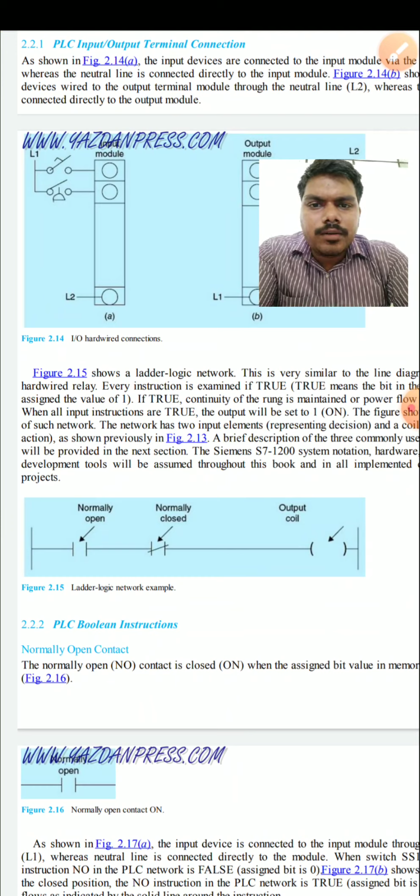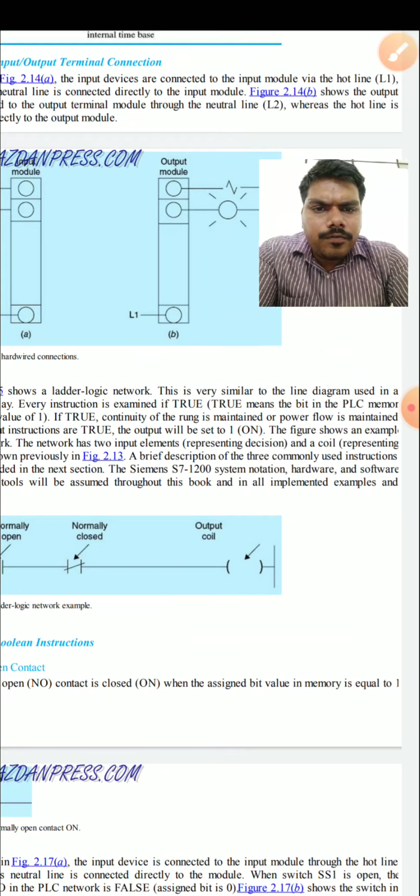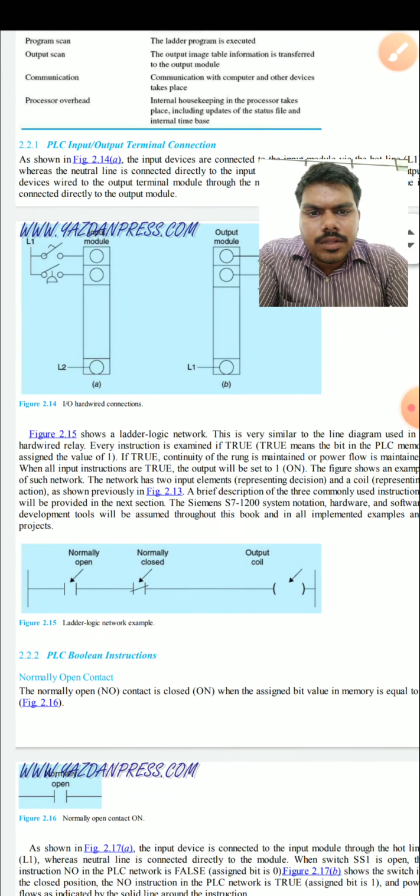True means 1. If true, continuity of the rung is maintained, or power flow is maintained. When all instructions in the ladder logic network are true, the output will also be set to 1, that is, the on condition.